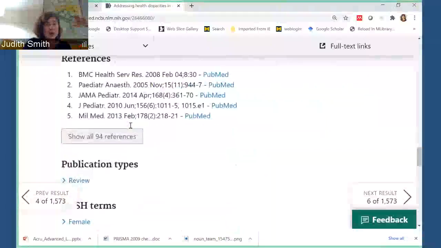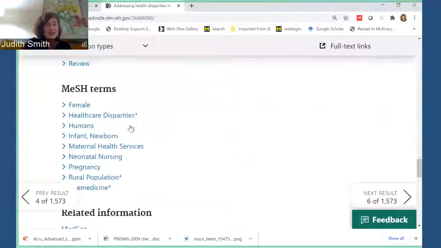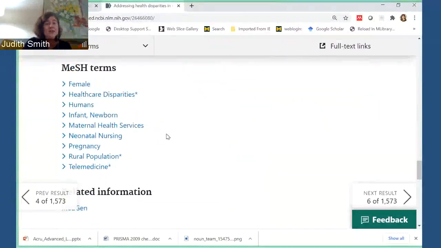And here's an example of that citation tracking I was talking about. So this is an image from the database Scopus, which is a massive interdisciplinary database. I took one of the articles that I found, The Effects of Telemedicine on Racial and Ethnic Disparities. This was published in 2016, and we can see that it's been cited 14 times since 2016.